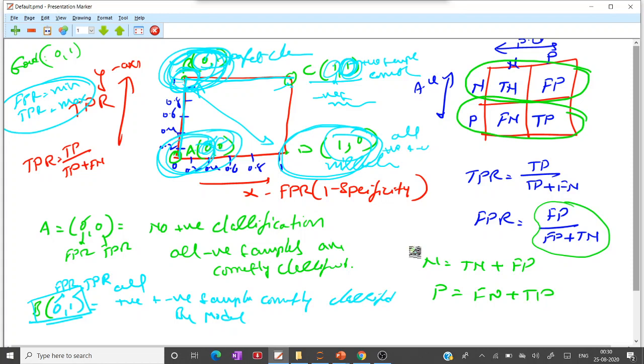That's why perfect classification performance is given by the curve which rises through 0, 0, 0, 1, 1, 1. This is the perfect classifier.